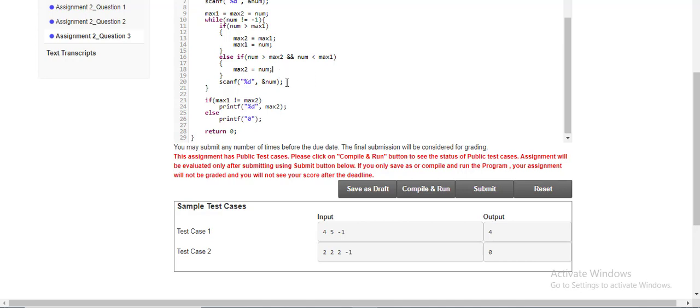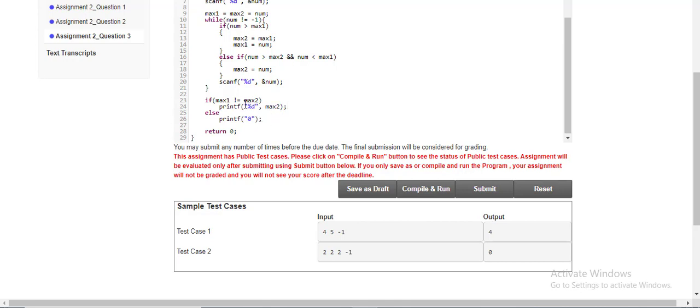Then we again take a number from the user, and again we check if that number is not -1, as per the test cases. If the number is -1, then our loop will stop, and we check if max1 and max2 are not the same, then we print max2, otherwise 0.